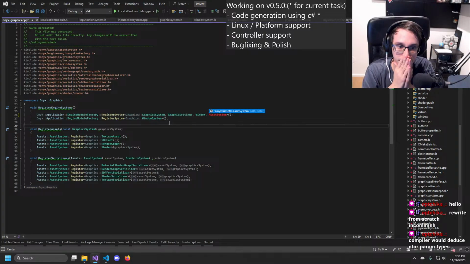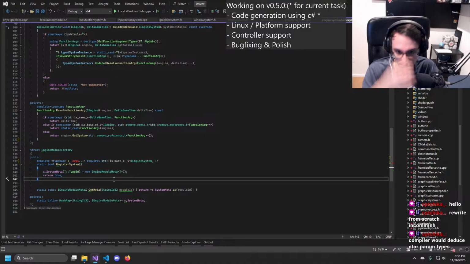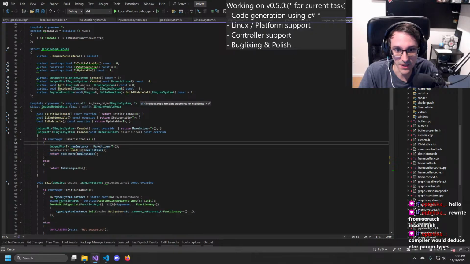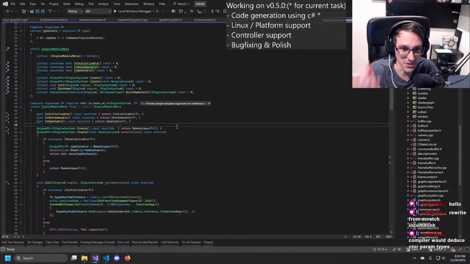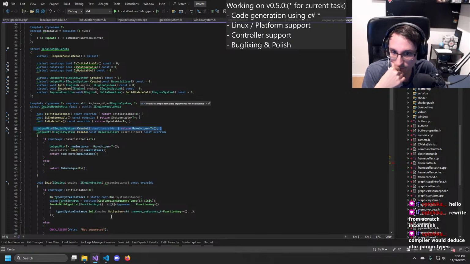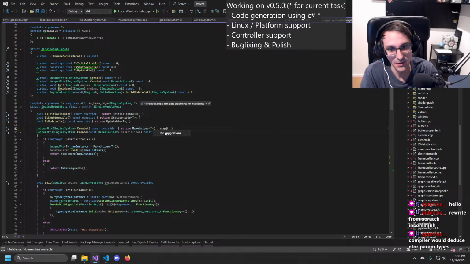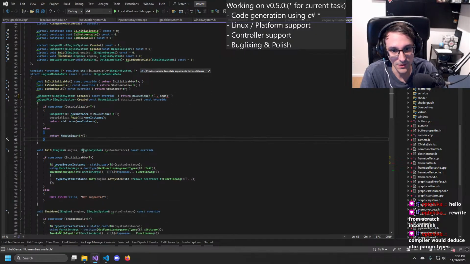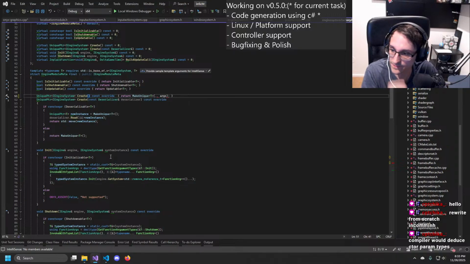Compiler would... No, it wouldn't. How would it? Because I'm not calling a constructor here. I'm creating an engine module which then has a make unique inside that is called at an arbitrary time. And I need to fill out the arguments here, which it will get from the engine on demand, because I cannot get them here yet.